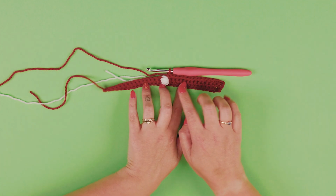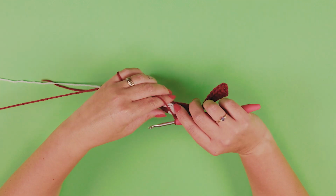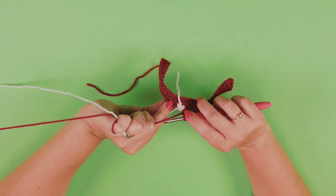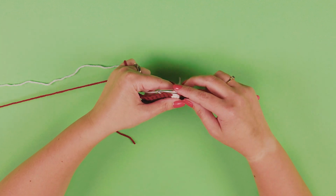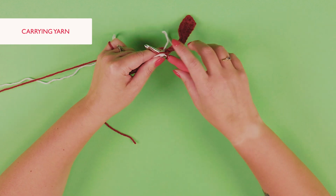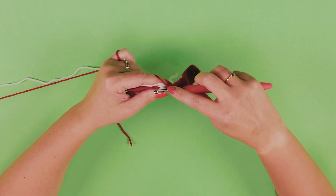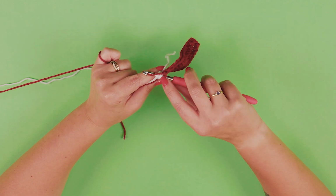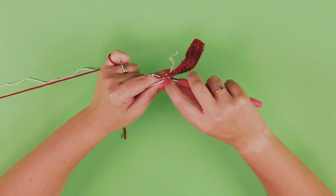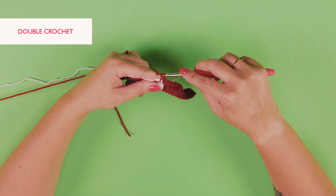So you've done your 15 stitches, and I'm just going to show you. So now you need to pick up your yarn from your snowflake, but you're carrying it across because you'll need it on row 3. So you just carry on. I'll just show you how to go into the bobble. So you're just going into the top of the bobble, crocheting over the end of the white yarn for the bobble, and it's double crochet